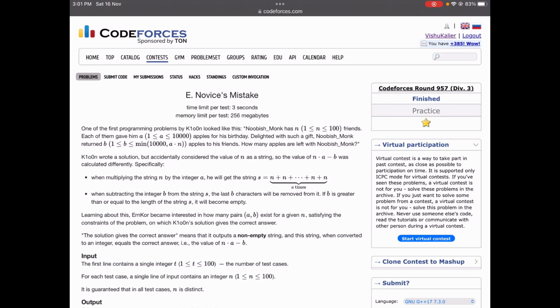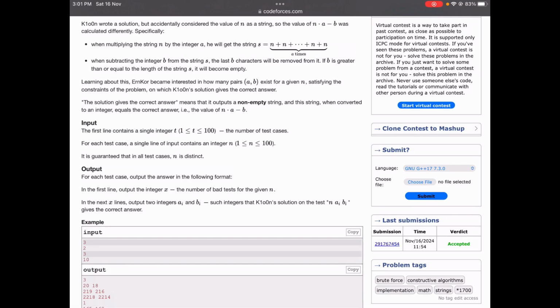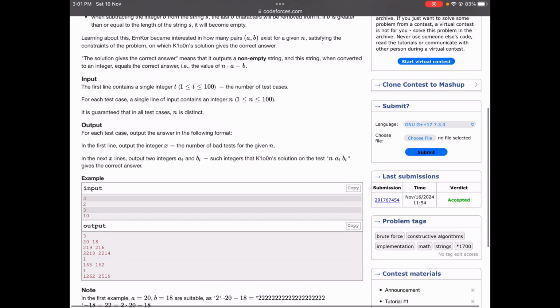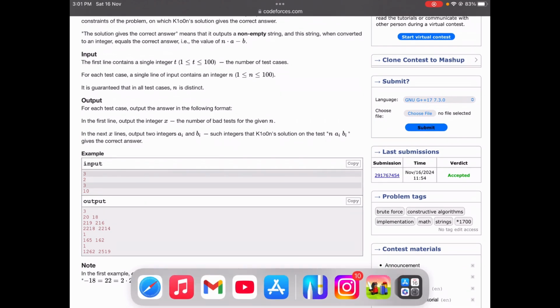Learning about this, K1ON became interested in how many pairs exist for a given n, satisfying the constraints of the problem, on which K1ON's solution gives the correct answer. The solution gives the correct answer means that it outputs a non-empty string, and this string when converted to an integer equals the correct answer, that is the value of n times a minus b. The constraints are t is 100 and the value of n is 100, so it amounts to 10 to the power 4 if I multiply t and n, and it's guaranteed in all test cases that n is distinct. Okay, so now coming to the question,